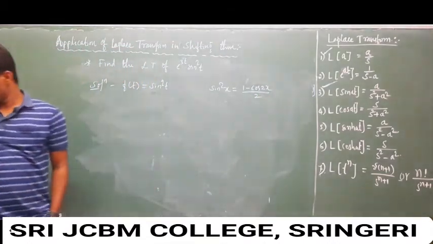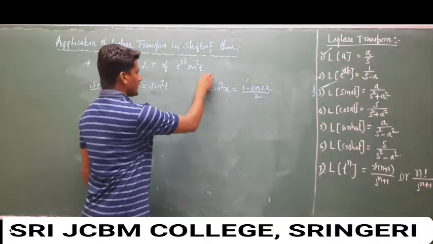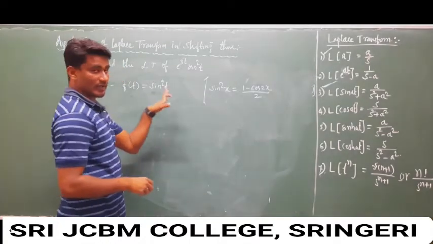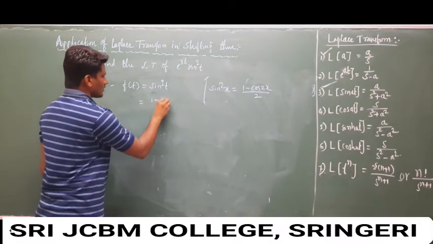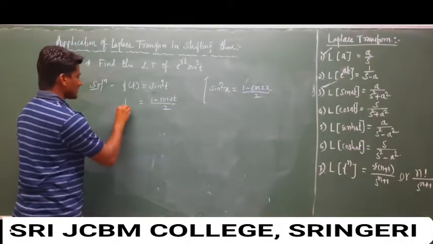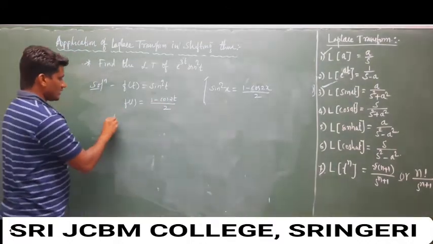So this is the formula. With the help of this, we simplify sin square t. Sin square t can be written as 1 minus cos of 2t over 2, and this is our f of t. And now apply the Laplace transform on both sides, and definitely you get